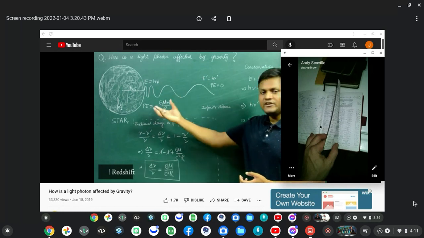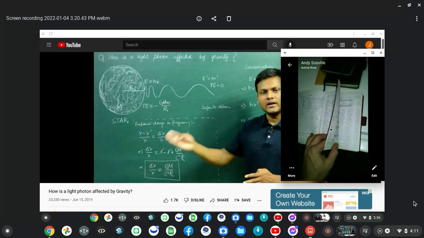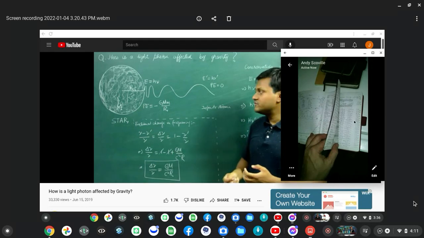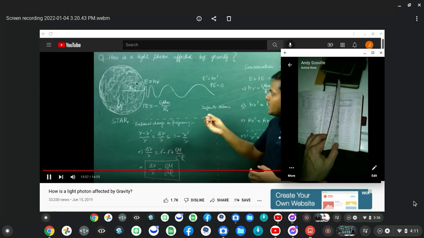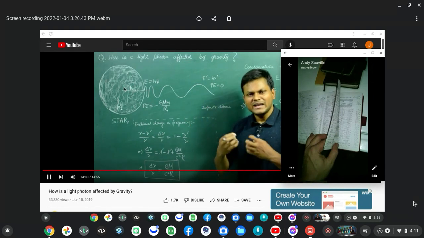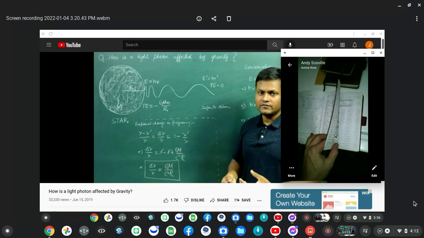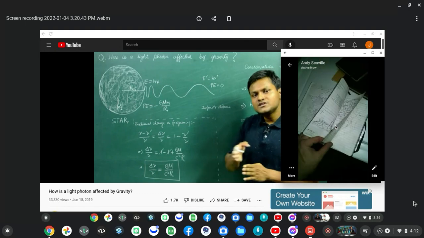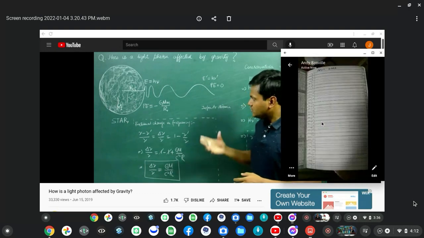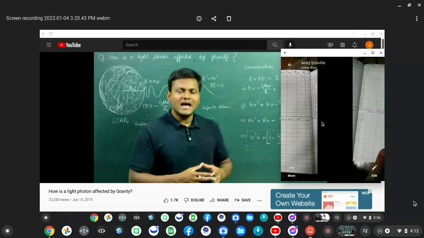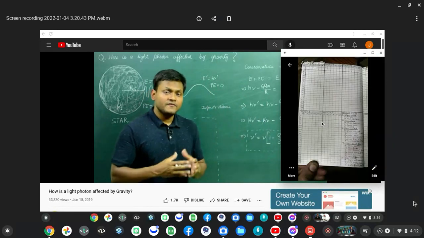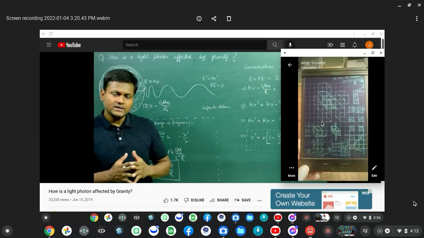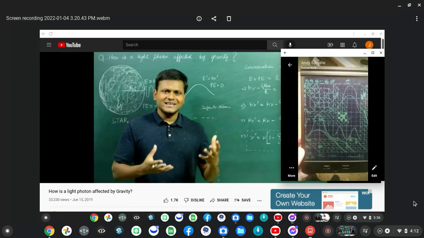And it is known as gravitational redshift because it is different from the redshift in the Doppler effect, which happens due to motion between the source and the observer. But in this case, it is because of the photon spending energy to escape the gravitational potential of a particular star that its frequency decreases, and we see a particular shift in the frequency of the spectrum. So this is known as gravitational redshift, and this is actually a very important phenomenon which is observed in our universe. However, I want to specify that all of these concepts are basically concepts coming